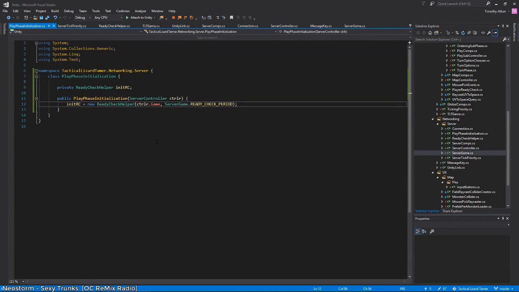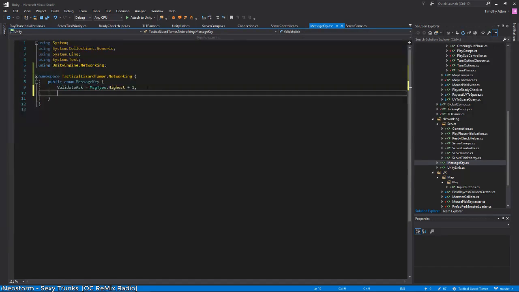So now we need to register a couple messages. Specifically, when a player sends us a ready check and then we send one back, or we send back that everybody's ready. Okay, so let's get on that. So we got message key. So client. Actually, we don't need this validate ask yet. Okay, so client play init ready check, and then we'll have the server